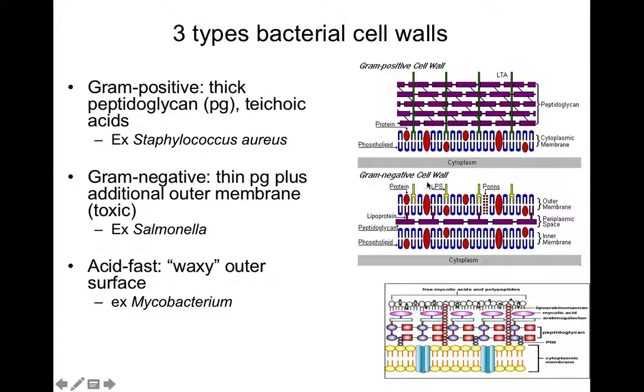Lipopolysaccharide is unique to gram-negative bacterial cell walls, and luckily the cells of our immune system have also evolved receptors to bind to lipopolysaccharide. So again, binding of the lipopolysaccharide to cells of the immune system will trigger a strong immune response. All right, so this outer membrane, between the phospholipids and the lipopolysaccharides, this portion